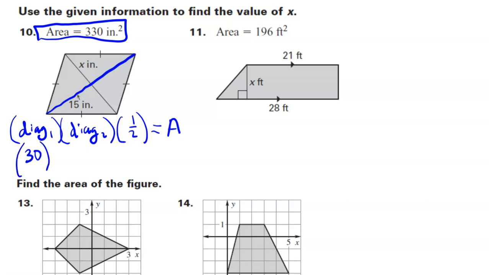Diagonal number 2, we don't know. So I'm going to just call that D right now. Times 0.5 equals, and then I know what A is, so I can put that in here. So now we just got to solve this equation. Well, when I solve the equation, 30 times a half is 15. So I have 15D